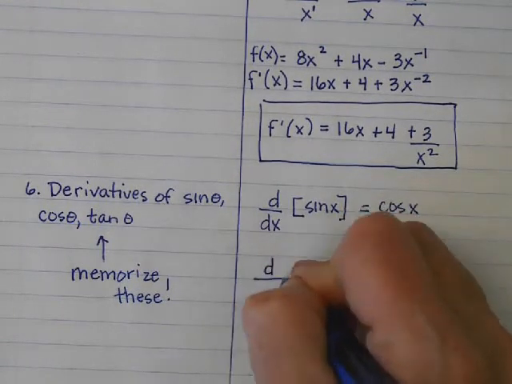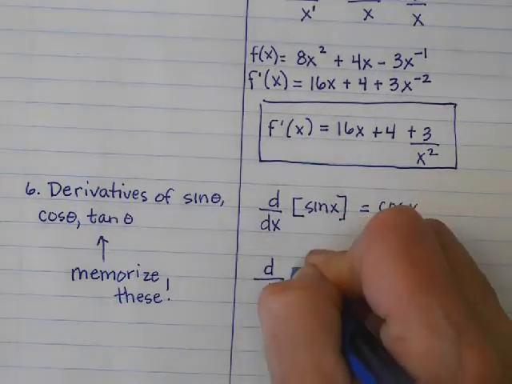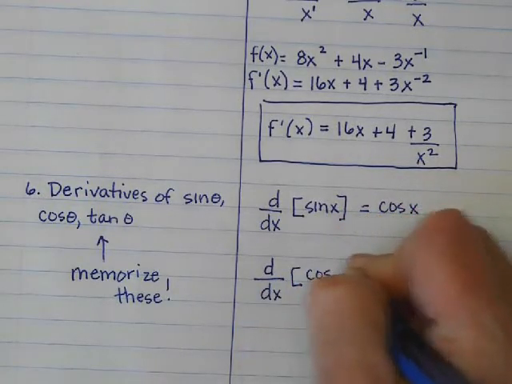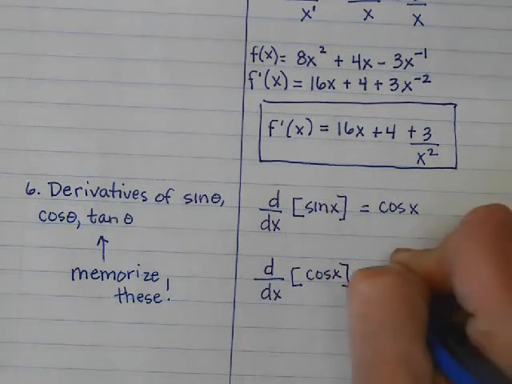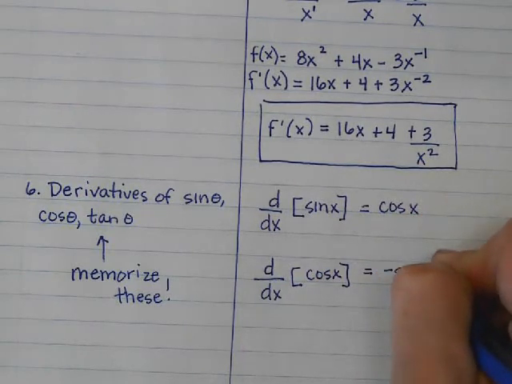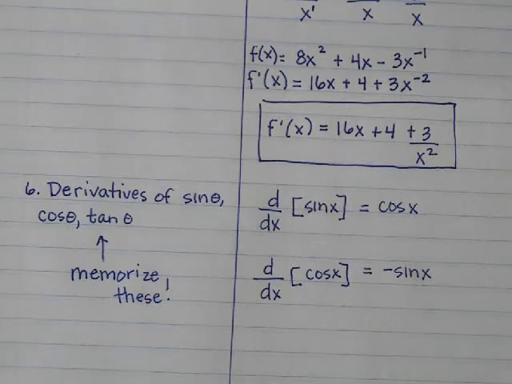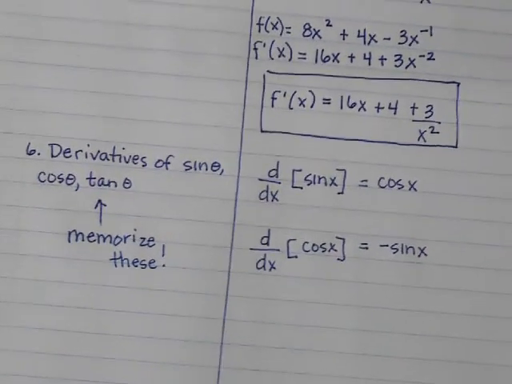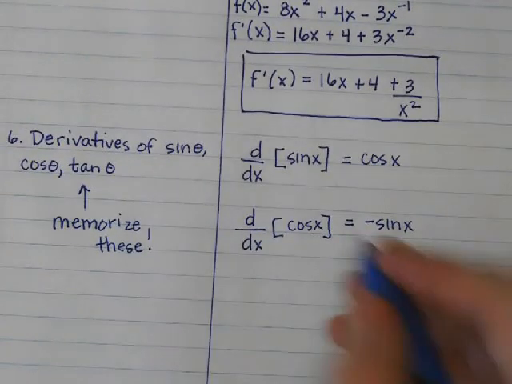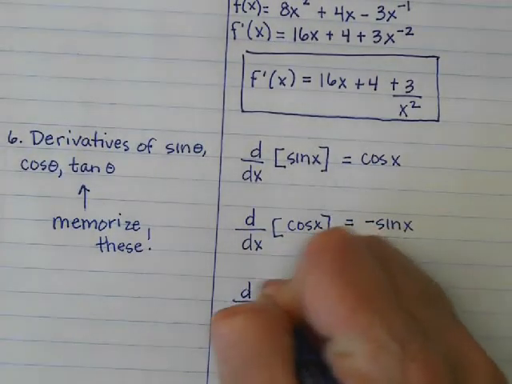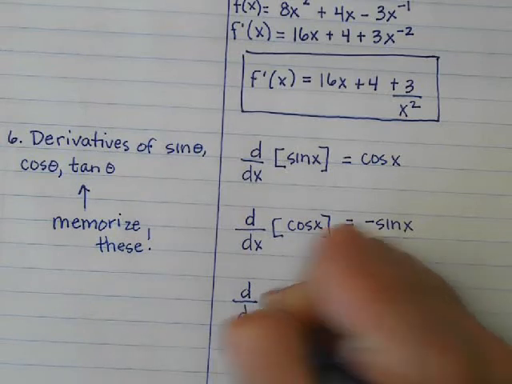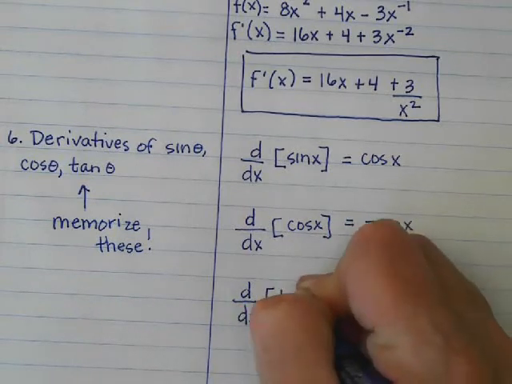The derivative of the cosine is the negative sine. And again, it all has to do with just slopes of the line. And the derivative of the tangent